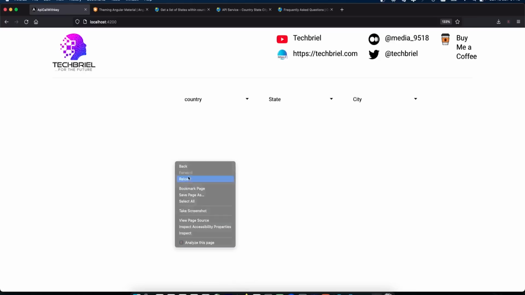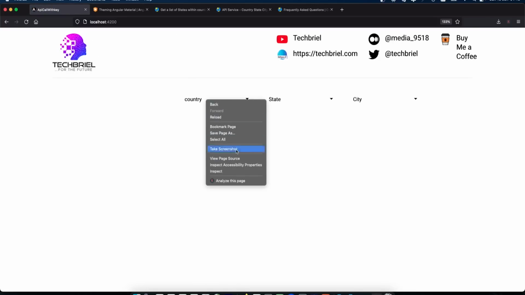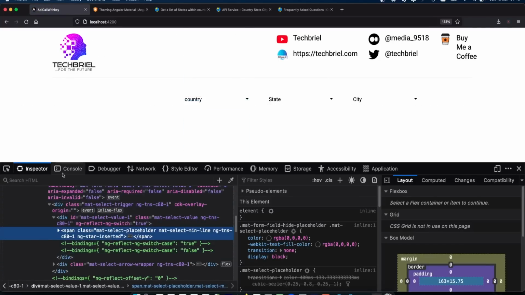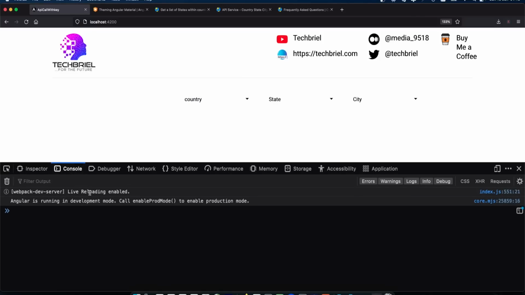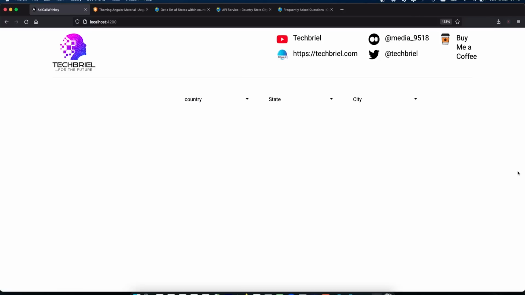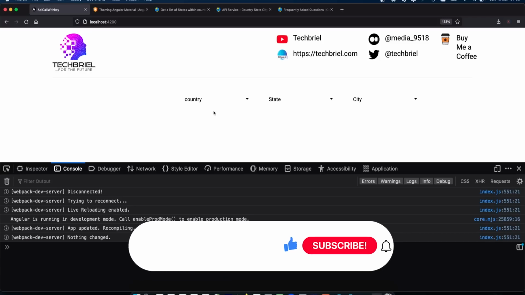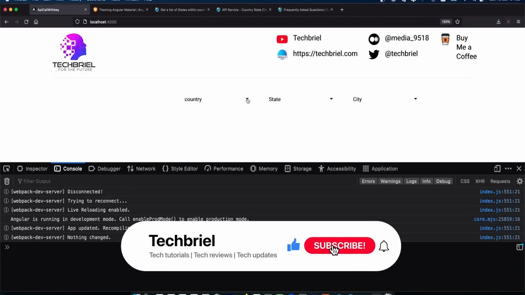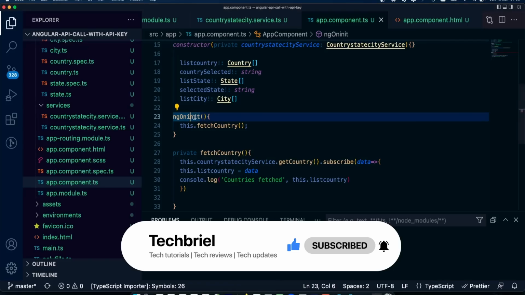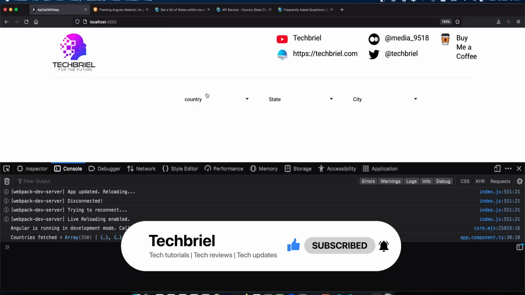Let's go test that out when we reload. Let's see. Nothing happening. Let's go find out what we've done. So I check and inspect. I'm not getting the country, which is weird. But then I realized that there is a mistake here. So this ngOnInit is not correct. It's supposed to be a capital I. That is why we are not getting the service.